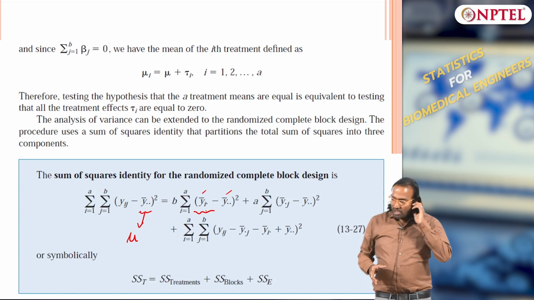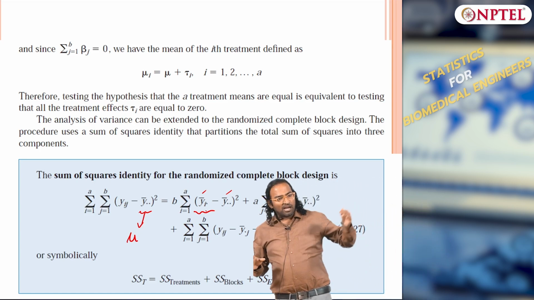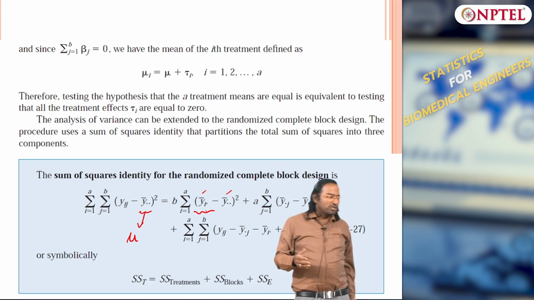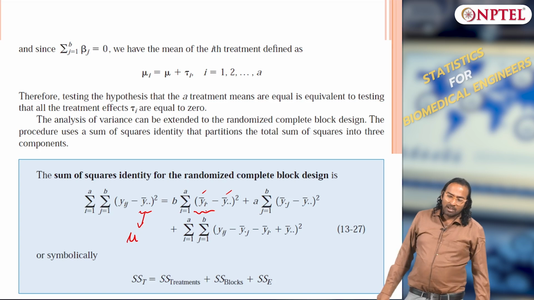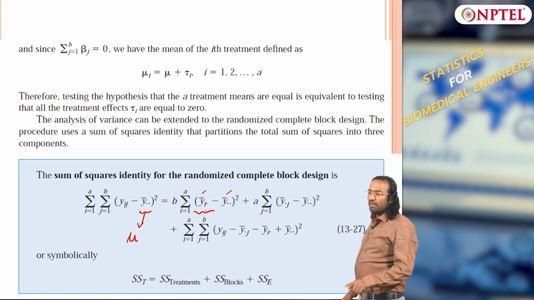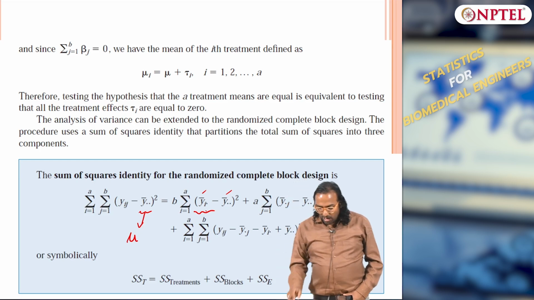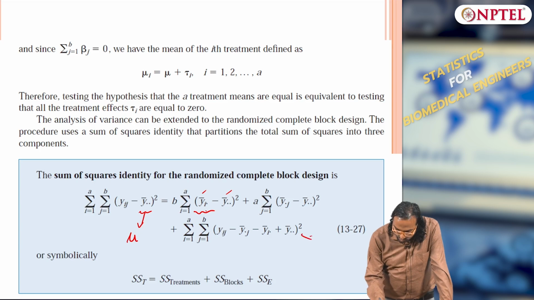So I am summing it for all treatment levels, that is A levels, multiplied with B columns. So this is what I have, sum square treatment. And sum square block, earlier we would not have had sum square block, now we have a sum square block term. And now you can understand, by the way I am defining it, the sum squared error will be